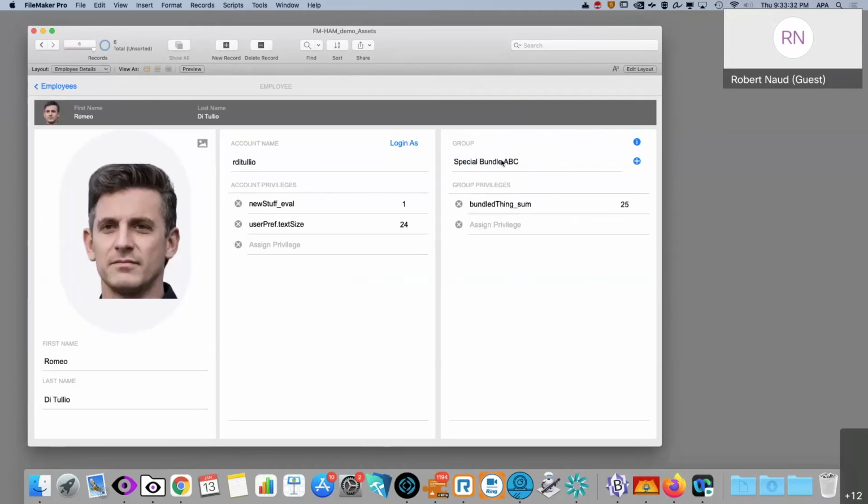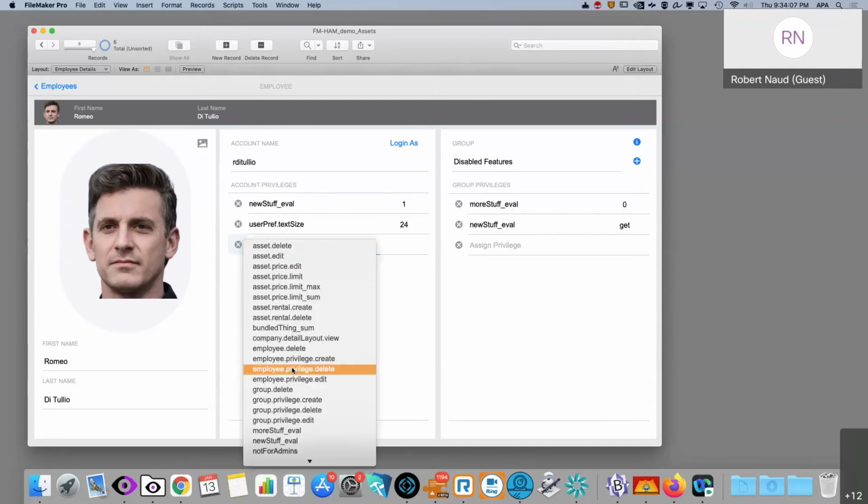So if we look at our disabled features, we have something here that is called more stuff, and I've set it to 0. In this case, the eval is not even required. So I can start defining more stuff, adding it into other groups where it's going to be set to 1 in those groups, and not care about that. They're not going to get access to this feature until I quite literally delete this from here, and during that time, I myself can grant myself this more stuff